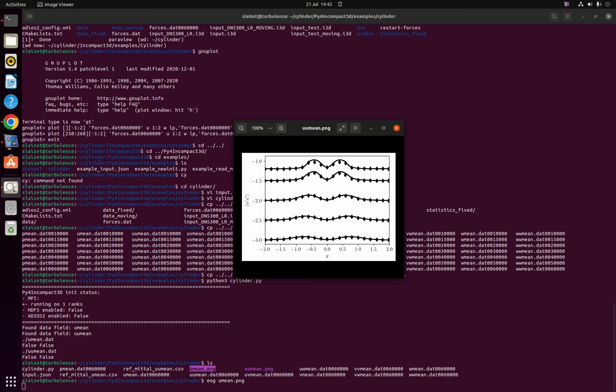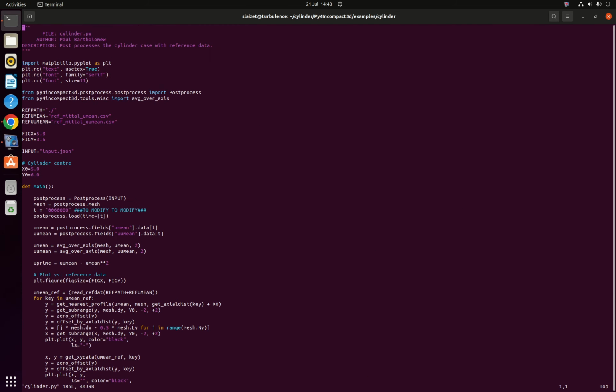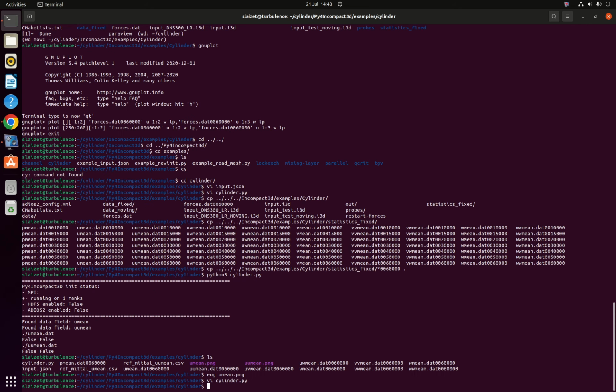You can see there is a fairly good agreement with the reference data. As usual, if you have your own reference data or if you want to make any change, please feel free to modify the cylinder file depending on what you want to plot,